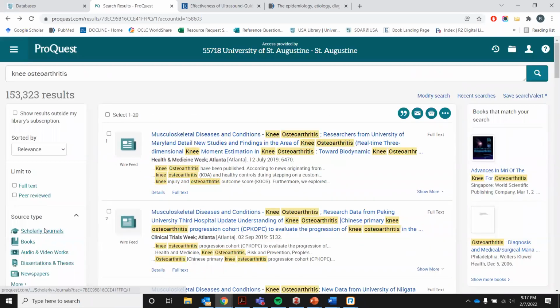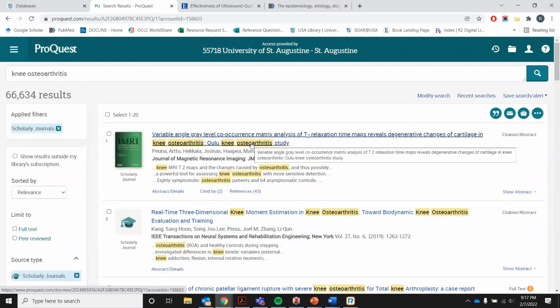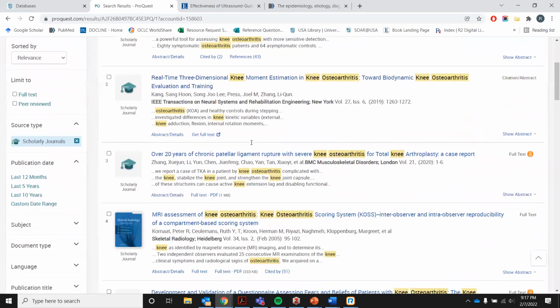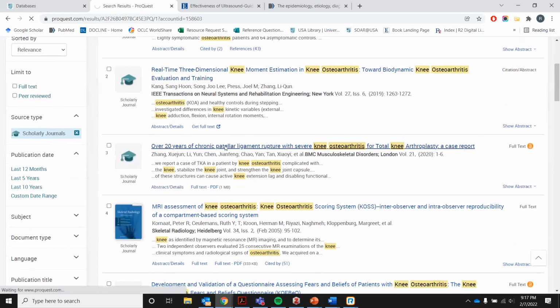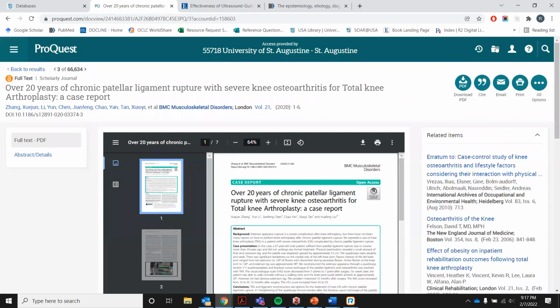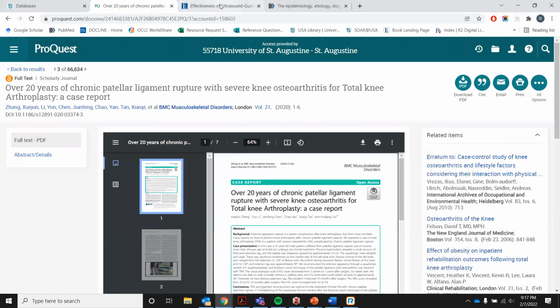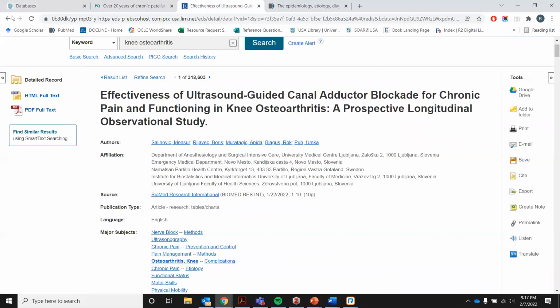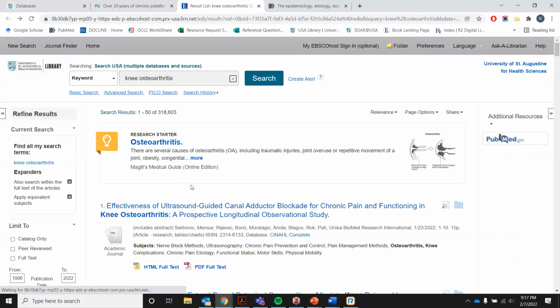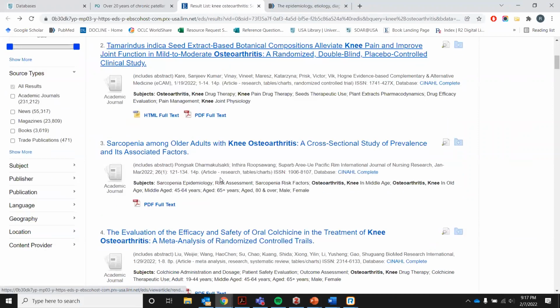Let's do scholarly journals. We'll filter by that. All right, so let's try this one. Let's see what it does with this one. So once again, we're going to go to the corner, and oh, this one does give us the full text automatically. I was trying to find one where we had to manually attach it, which is something to know for sure. If for some reason the full text is not pulling all the way over,